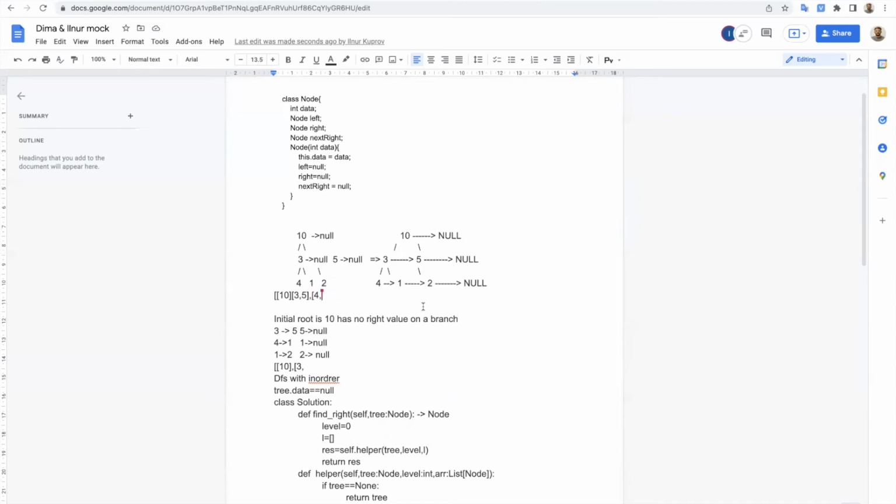But how can you get to 5 before 4? Because I have a level order here. But it was DFS. So in your logic, you will go down to the leftmost route and then to the right, and you will reach 5 only when you go through the whole left subtree. Yeah. I have a problem here, because no, I don't have a problem, because I check the length of